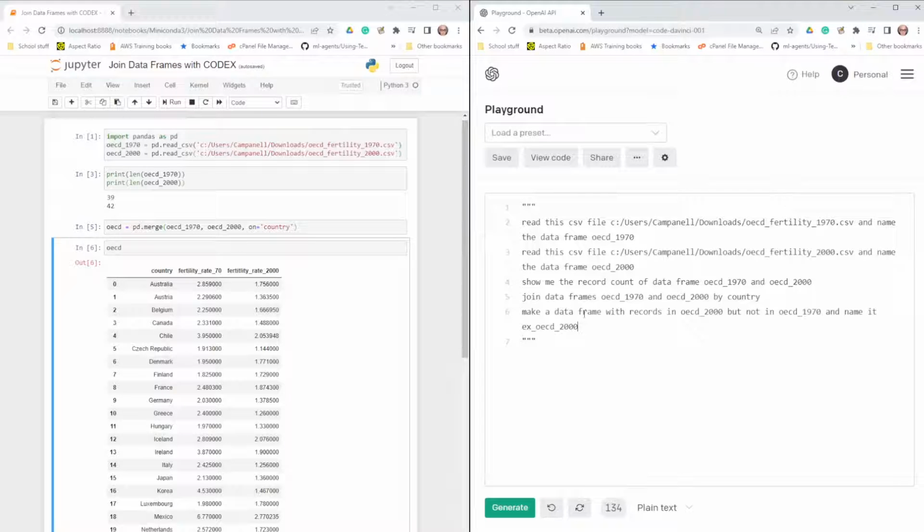Okay, and what I want to do is just see the records that were in 2000 but not in OECD 1970. So we're going to hit the generate button again